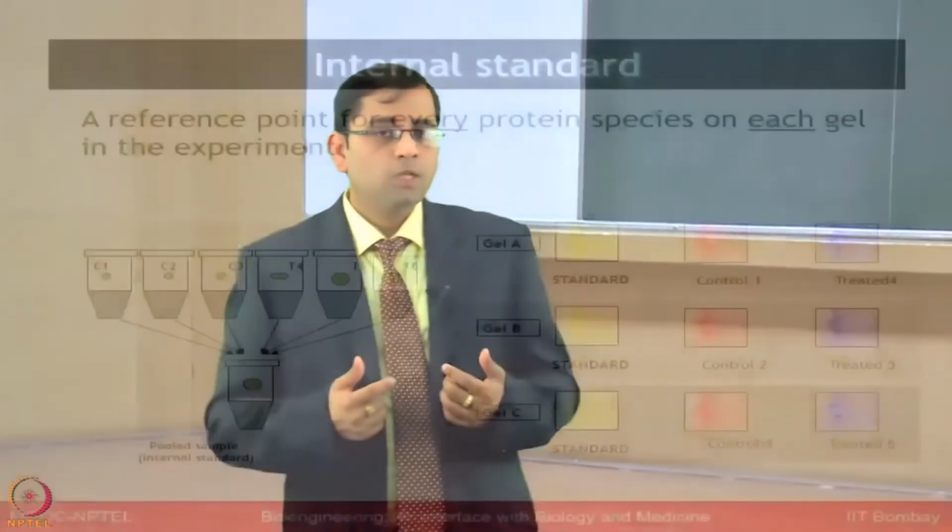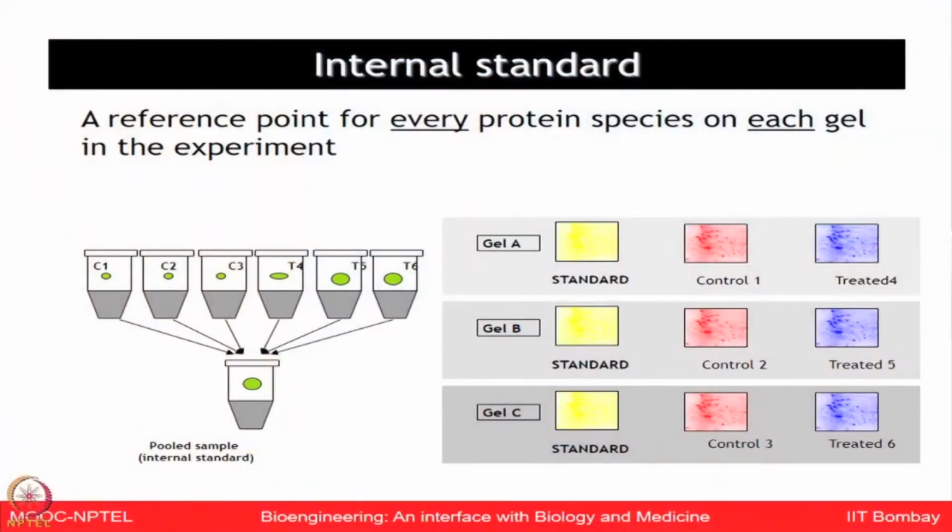So, as I mentioned in comparison with 2D electrophoresis, the dye technology is much superior for quantitative purposes, and that superiority comes mainly because of the internal standard which is being used, and that will be used in all the different samples for analysis, and could be used for normalization and co-detection purposes. So, internal standard is a reference point for every protein species which is present on each gel in the experiment, and here it is shown in which way you need to make the internal standard when you are planning